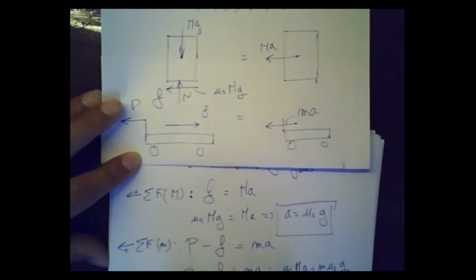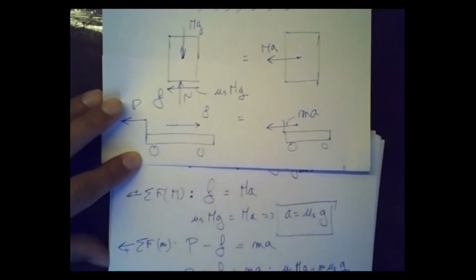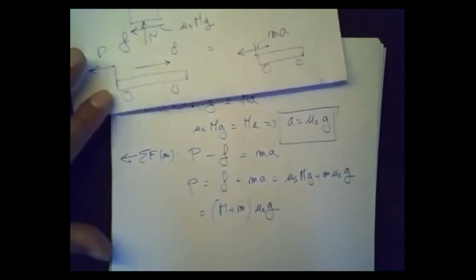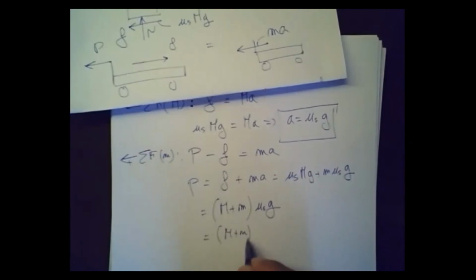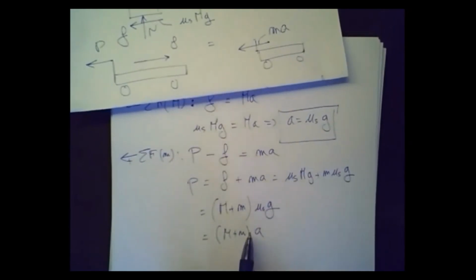So P is going to be equal to big M plus smaller m times mu s times g. Or basically it is equal to M plus small m times A, which makes sense because,